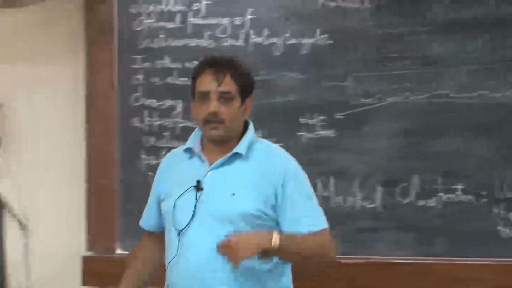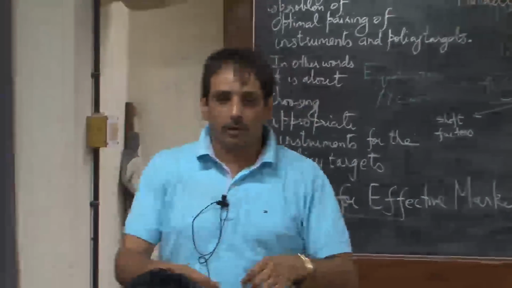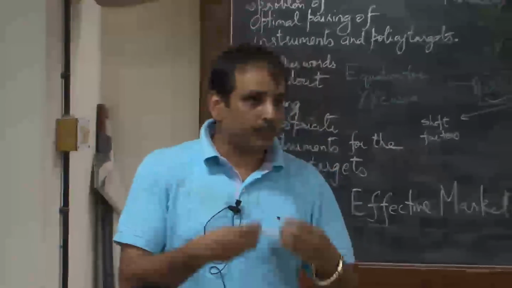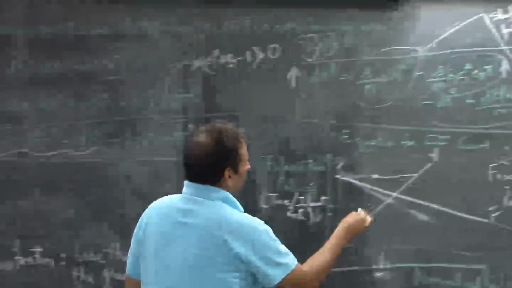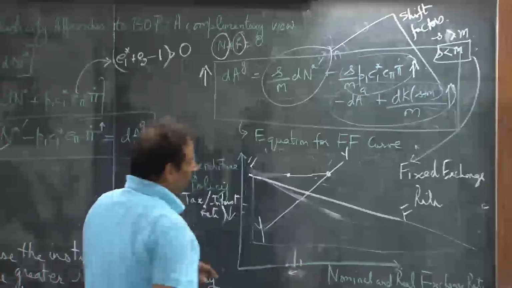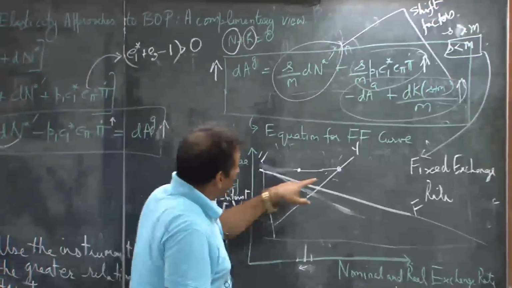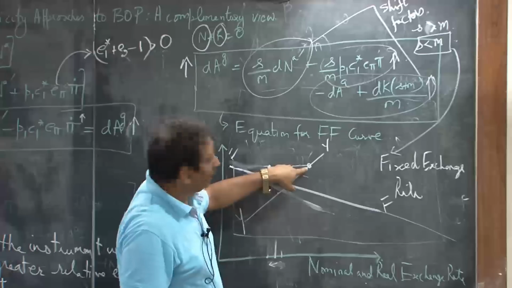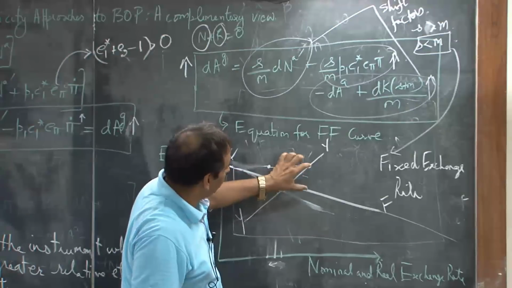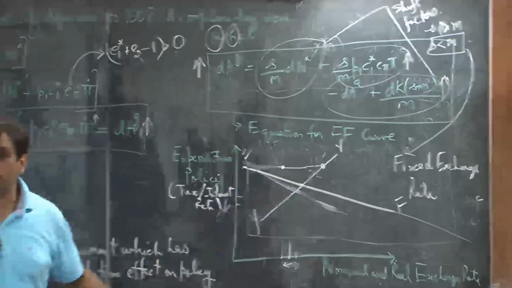You shift your expenditure from foreign to domestic good to raise expenditures, to raise incomes. So you reach here, expenditure policy goes, but when you come here, you're above the FF curve, you have a balance of payment surplus,